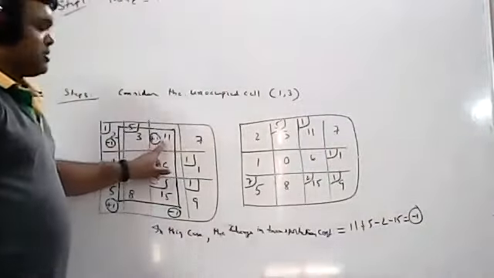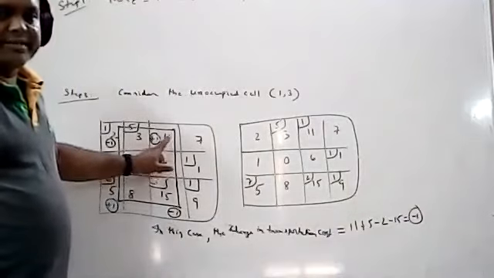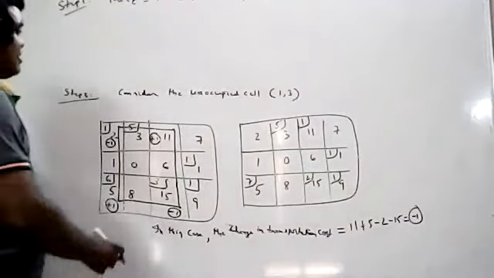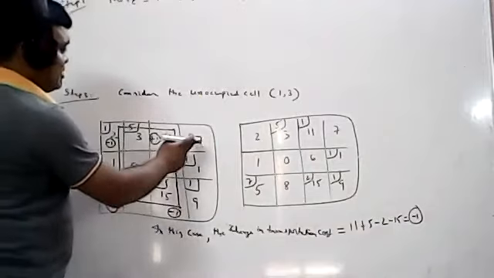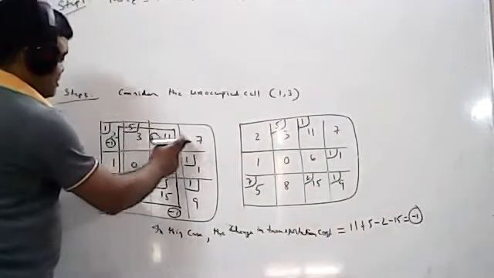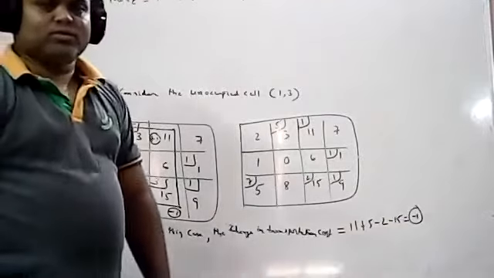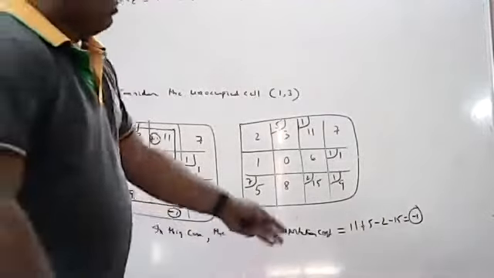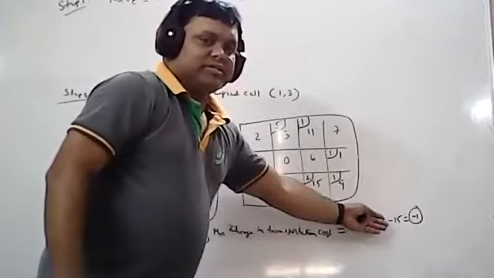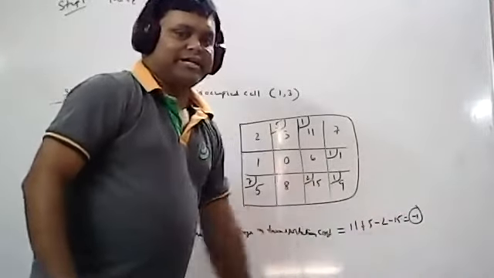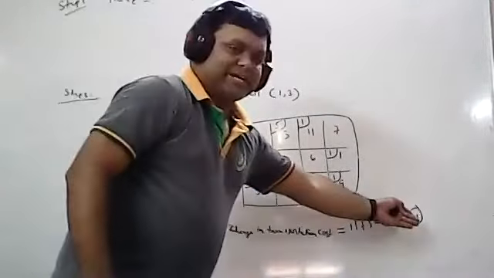If I consider this as the unoccupied cell, first I have considered it. Okay, now how many unoccupied cells are there? Now this is completed. Next, what you have to do is consider this one. 1, 2, 3, 4, 5. So the remaining 5 cells are there. You have to do the procedure 5 times. Whatever change in value you got, increase or decrease, you just have to identify. So I got a decrease of minus 1 here.